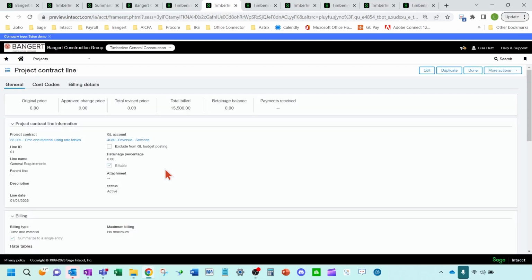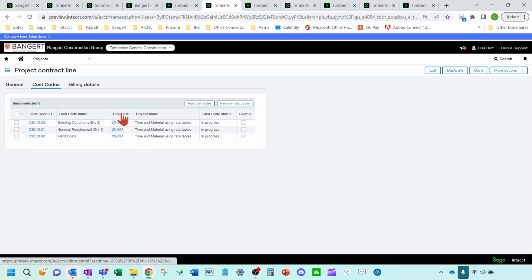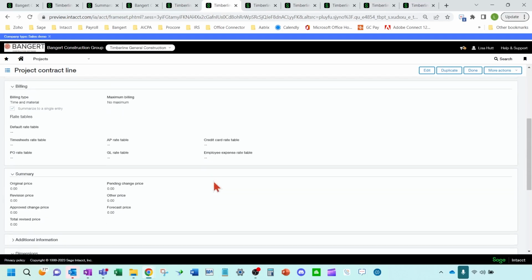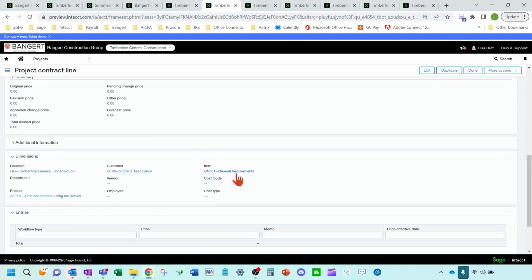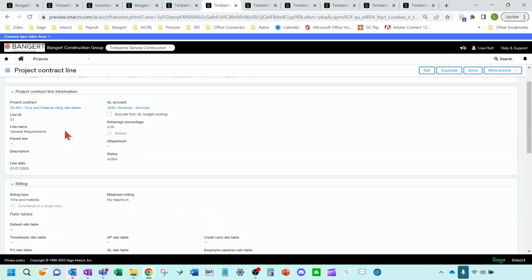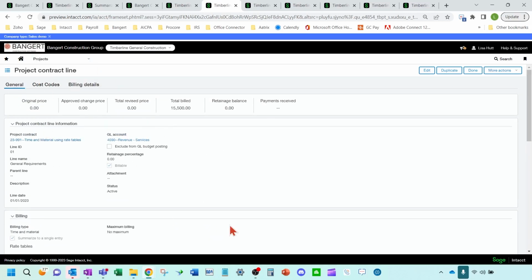I've got two lines here. And the change that has been made is that if I code an accounts payable bill to this cost code, and I code an accounts payable bill to this cost code, two separate ones, or even the same one, but let's say there's two separate vendors, two separate bills, it's going to group them on my invoice to my customer based on my line item here that I've coded on this project contract line.